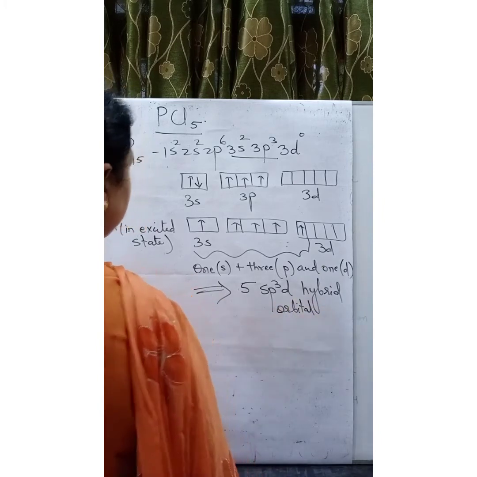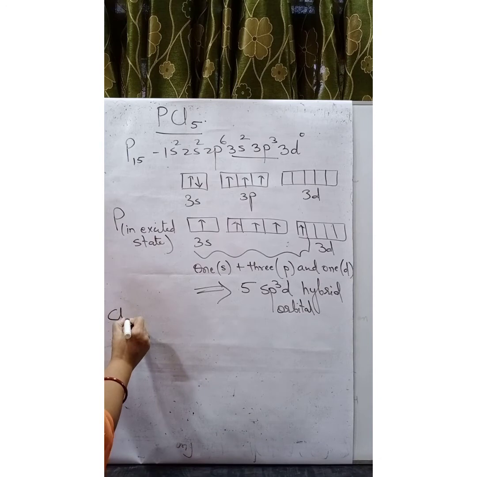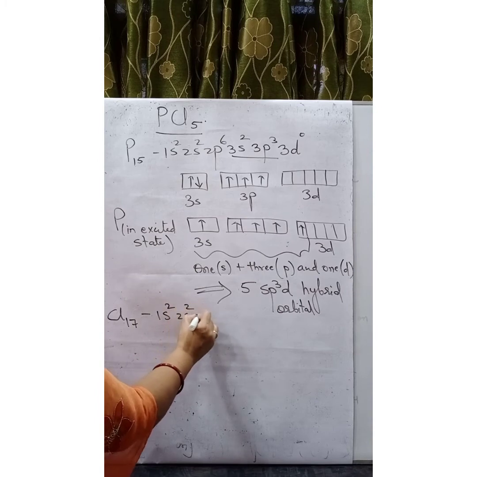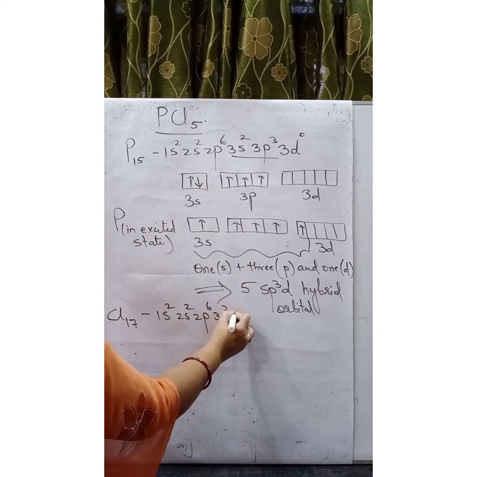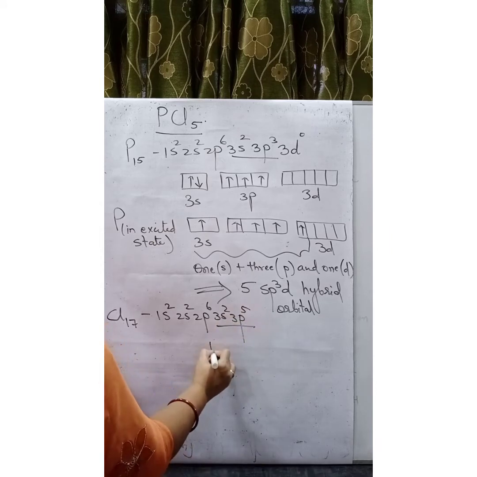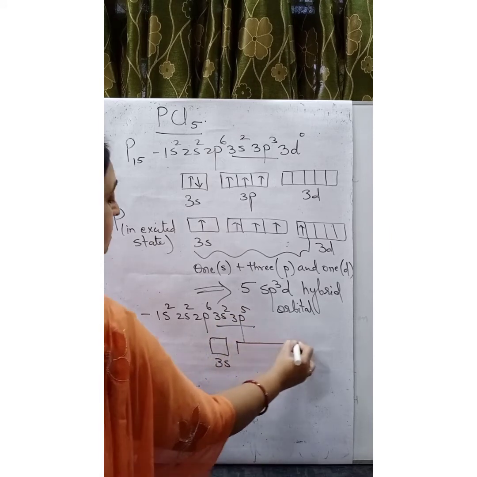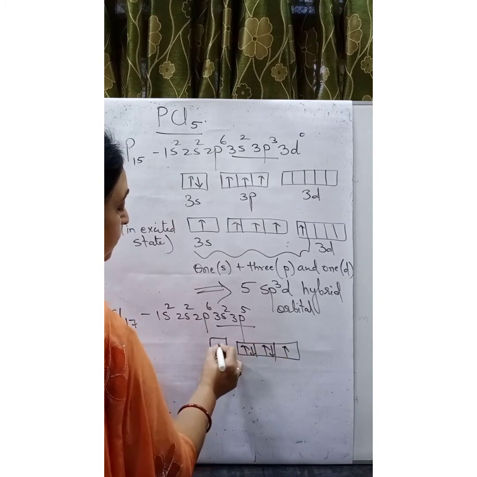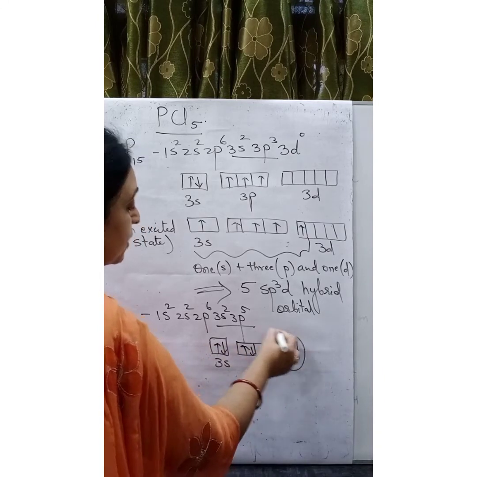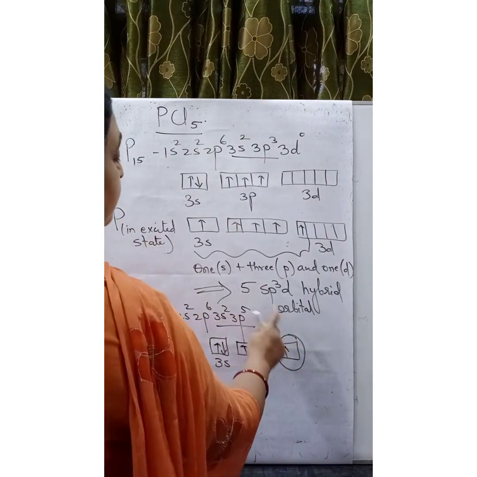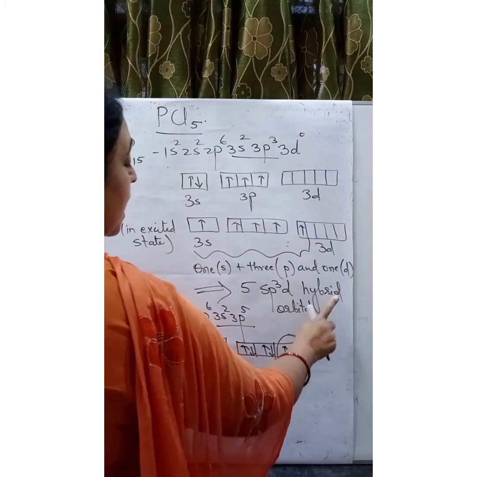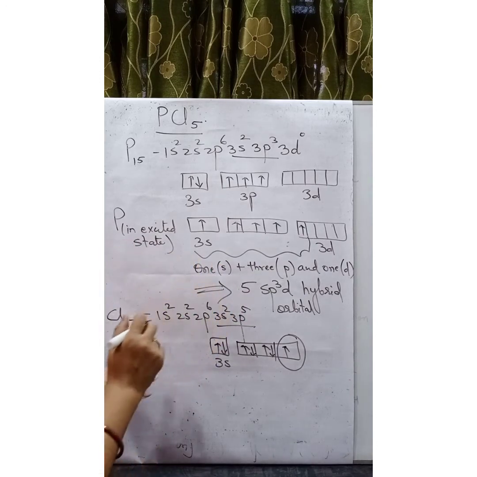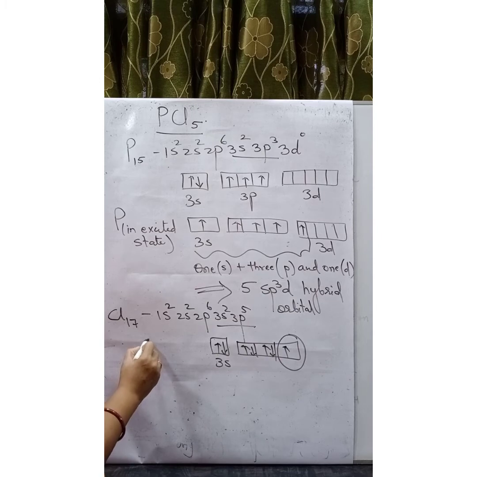Each sp3d hybrid orbital is overlapped by the half-filled atomic orbital of chlorine. You can see for chlorine, these are the valence orbitals. So this half-filled atomic orbital of each chlorine overlaps with the sp3d hybrid orbital of phosphorus, forming 5 P-Cl sigma bonds. So if we draw,